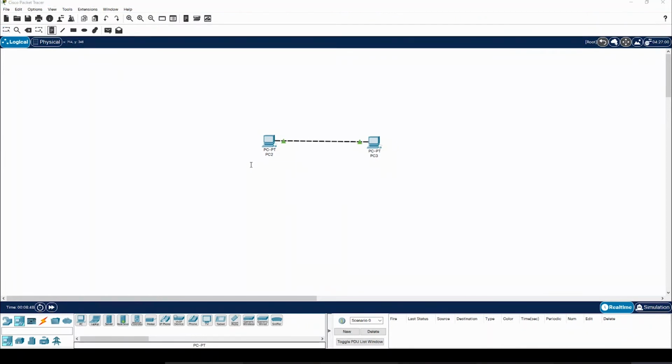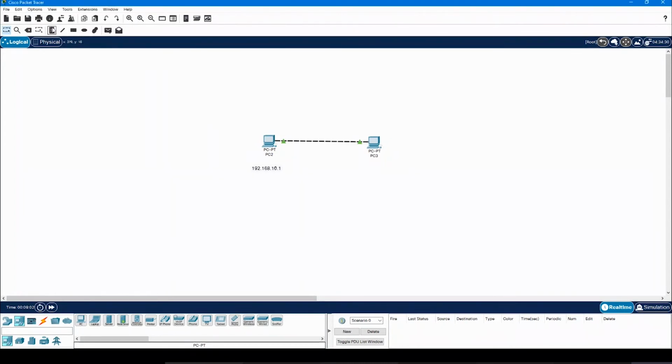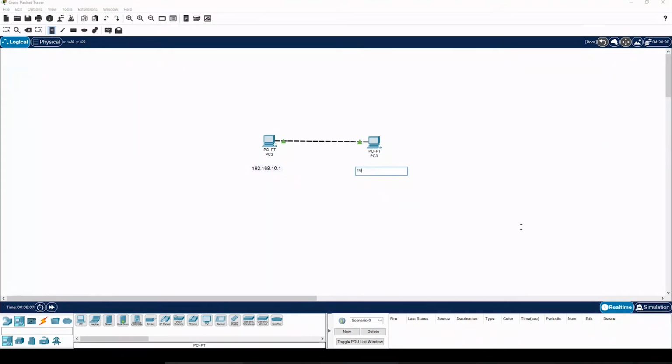So I will just write the IP address here. I am assigning the IP address of 192.168.10.1 to PC2, and once I am done I can press escape. Then I will click again on this place note. Then I am assigning the IP address of 192.168.10.2 to PC number 3.